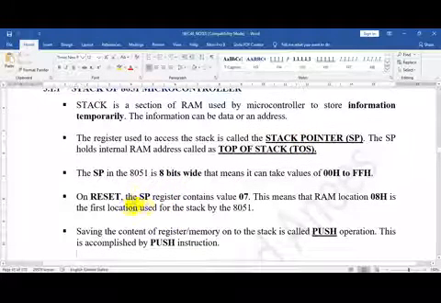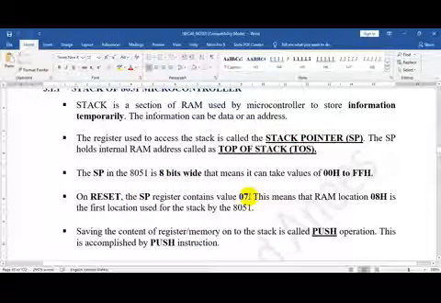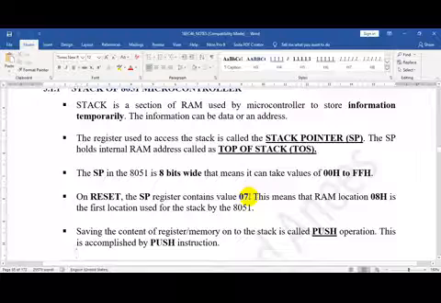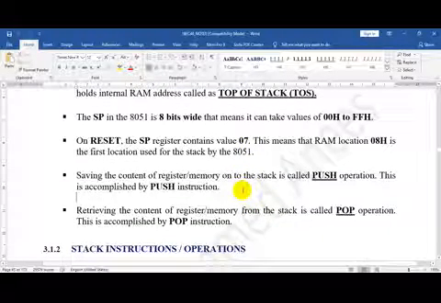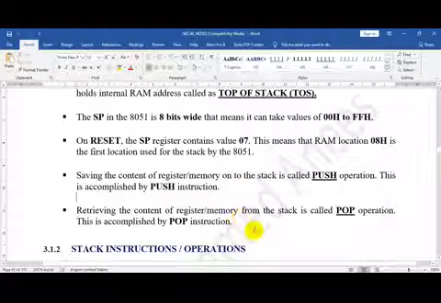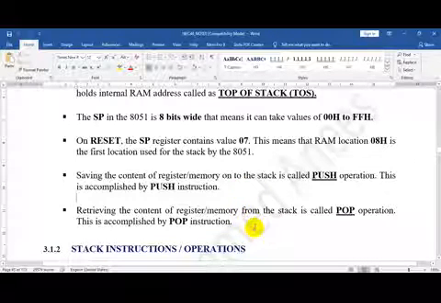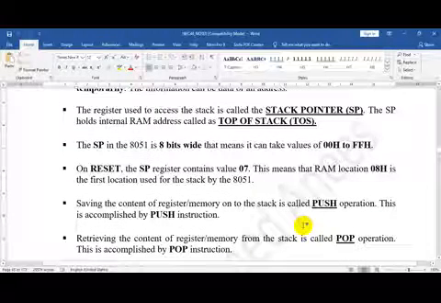By default, the value of the stack pointer is 07H. Saving the contents on the stack is done by an operation called push operation. Retrieving the contents from the stack is done by a pop operation. So in the next video lecture, we shall see what is a push operation and what is a pop operation.